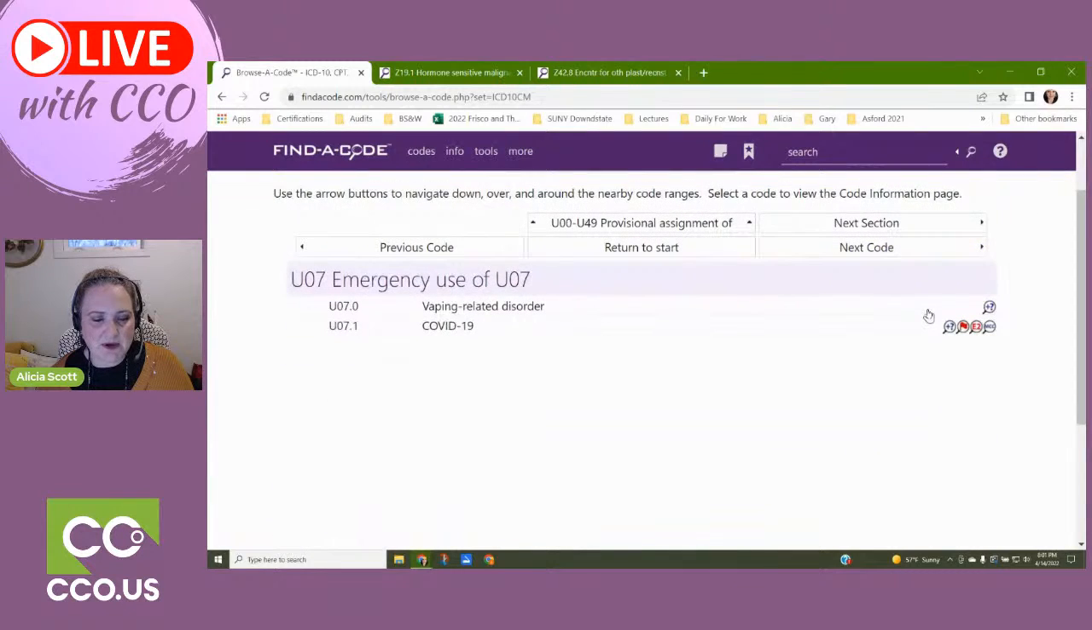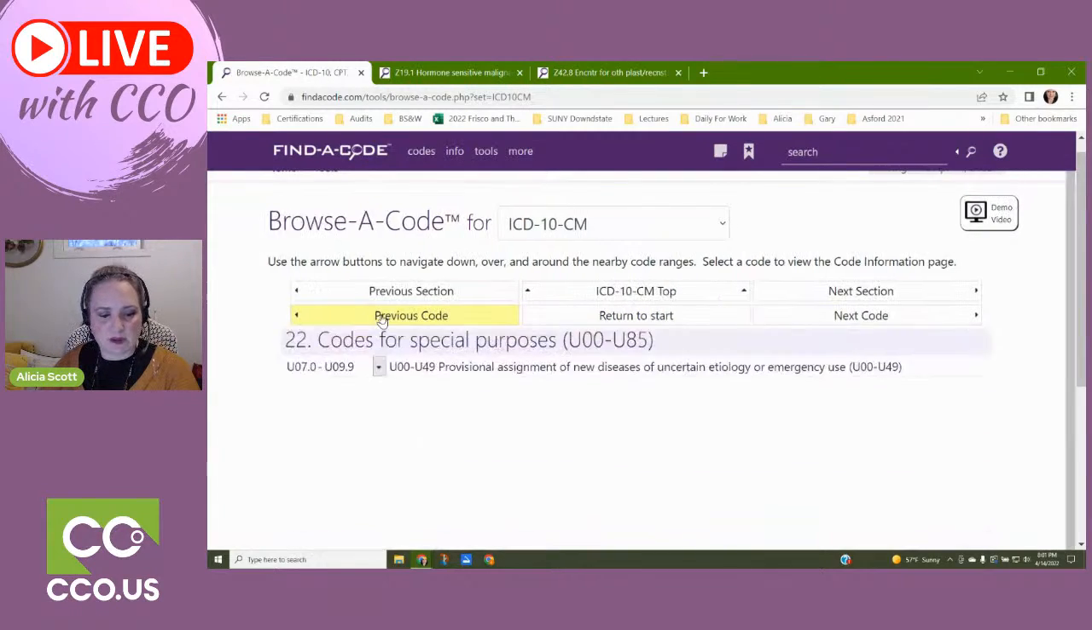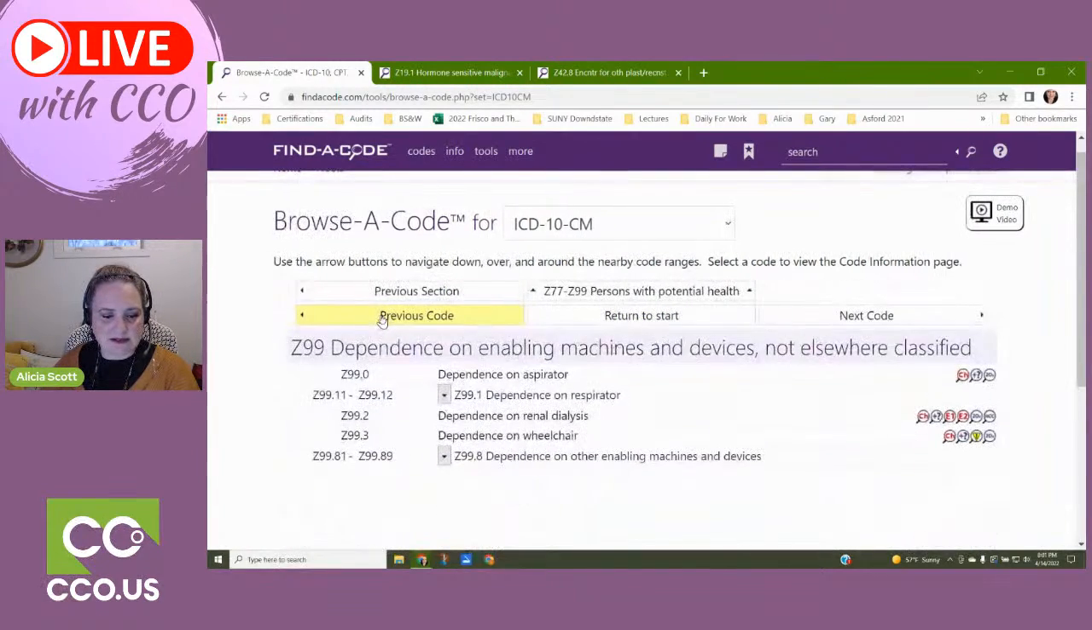Okay, wrapping up those codes. Oh, that's not Z codes, but I think that's it. Yep, your dependence codes are the last of those codes. I am going to move this out of the way now